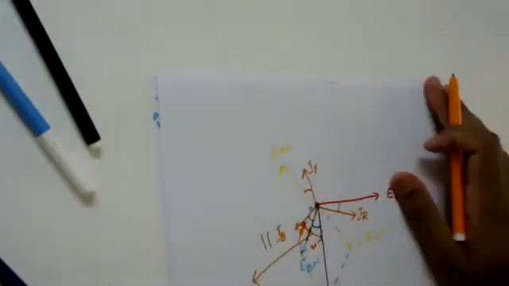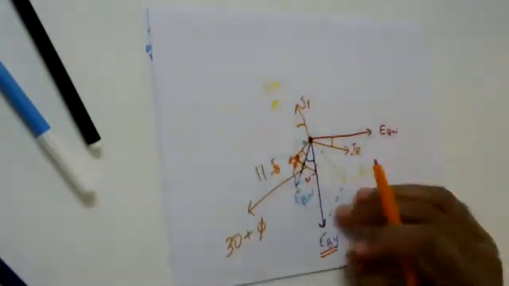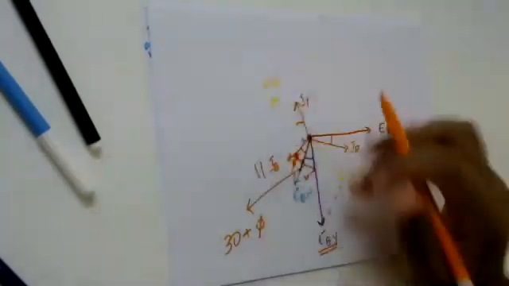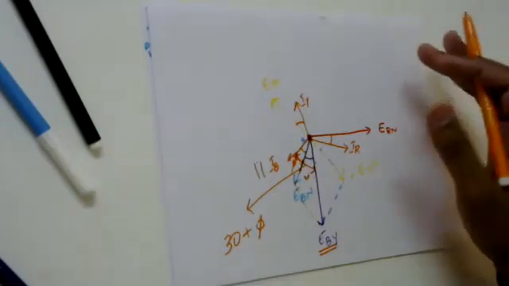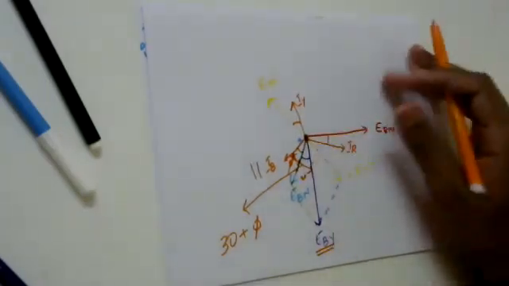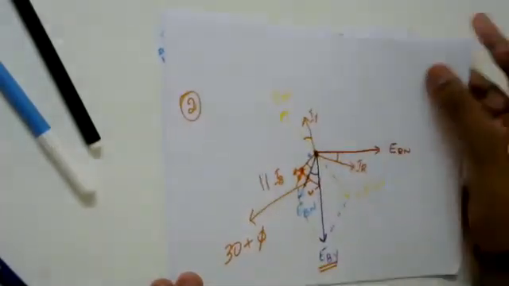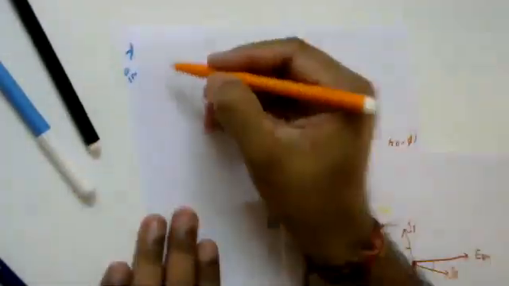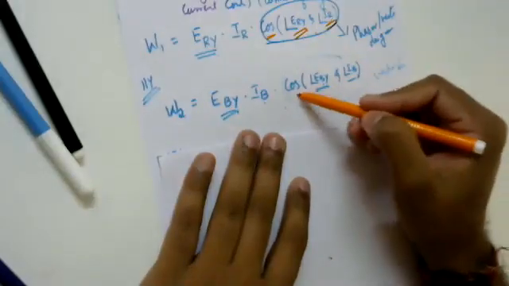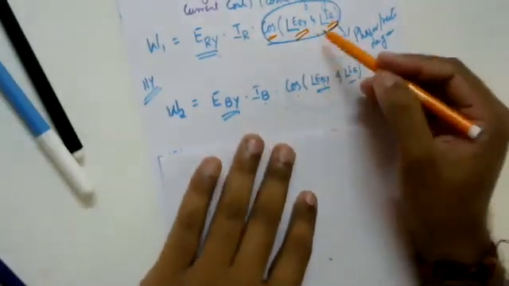From the vector diagram, actually you have to draw both vector diagrams in the same diagram. But since it might be difficult for you to understand from the same diagram, I have drawn two vector diagrams, one for the second equation and one for the first equation. Our basic interest in drawing these vector diagrams was to identify the angles. So once we have got these angles, that is cosine of 30 minus phi and cosine of 30 plus phi, then we can start working on these equations.